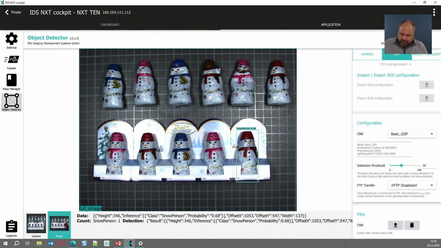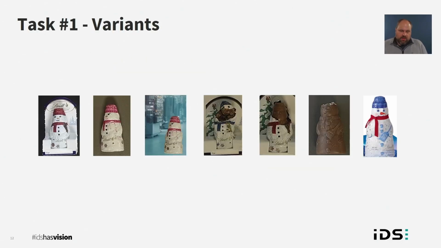So how can we go from there to a working network? The first thing is, if we want to detect it for our quality inspection, these are the probable variants that we might encounter.